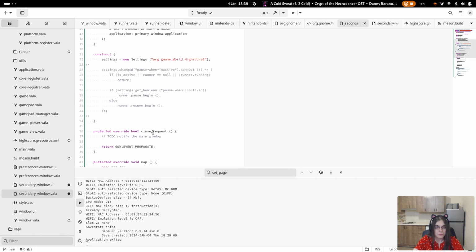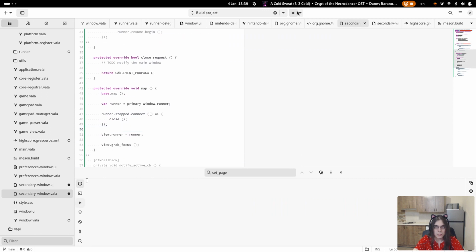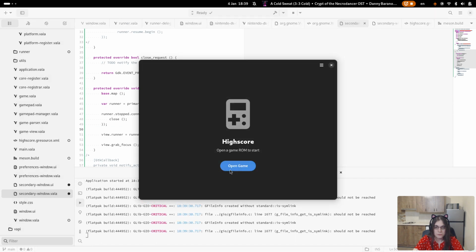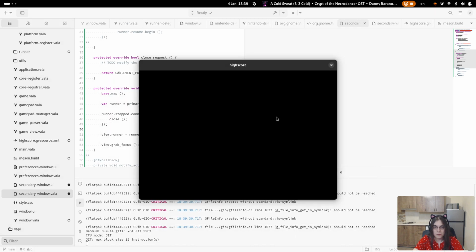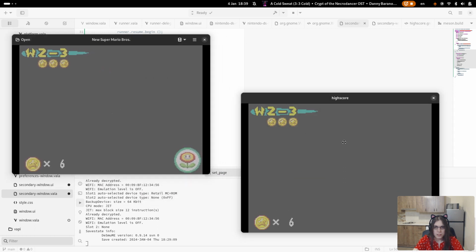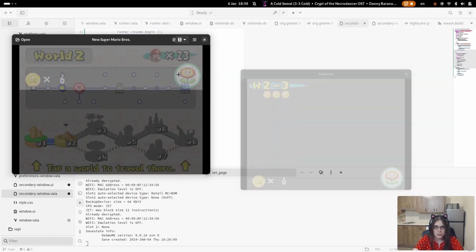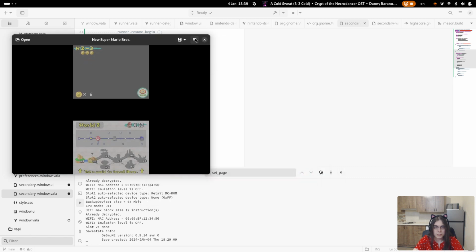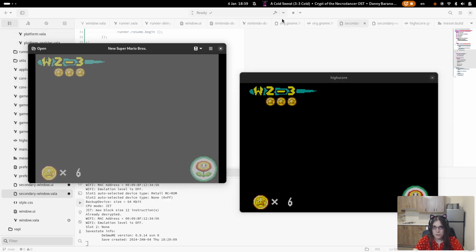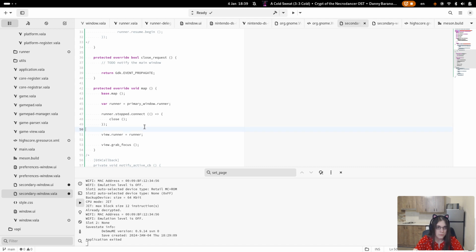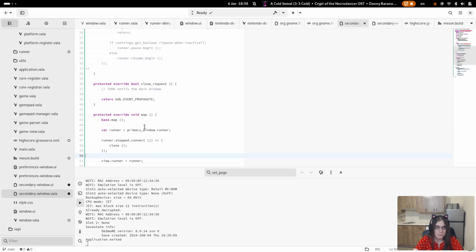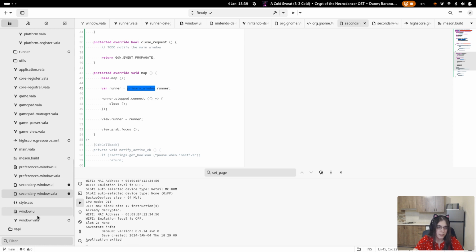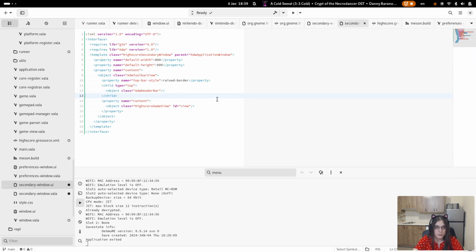Then, well, let's see what happens if I start like this. For some reason, it doesn't like it if it starts like this. Like it just freezes apparently. I'm not sure why. We'll see. Then, and now in the view itself,